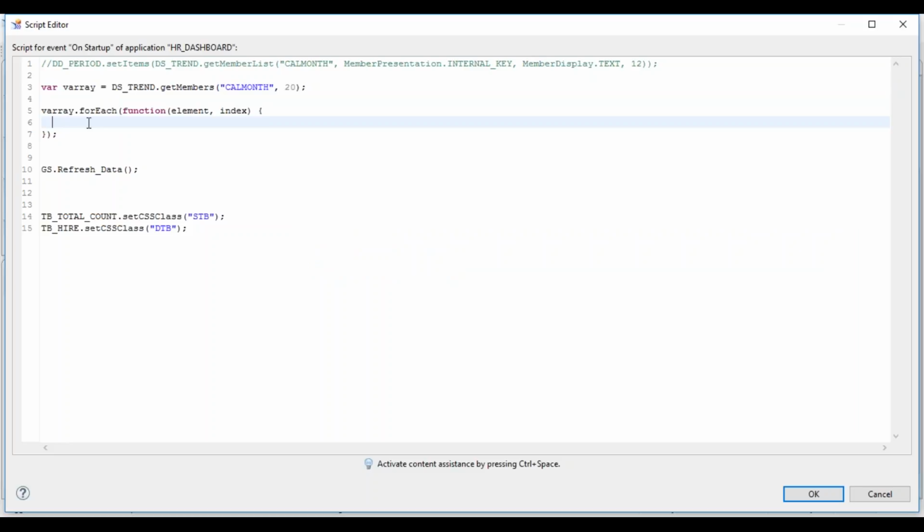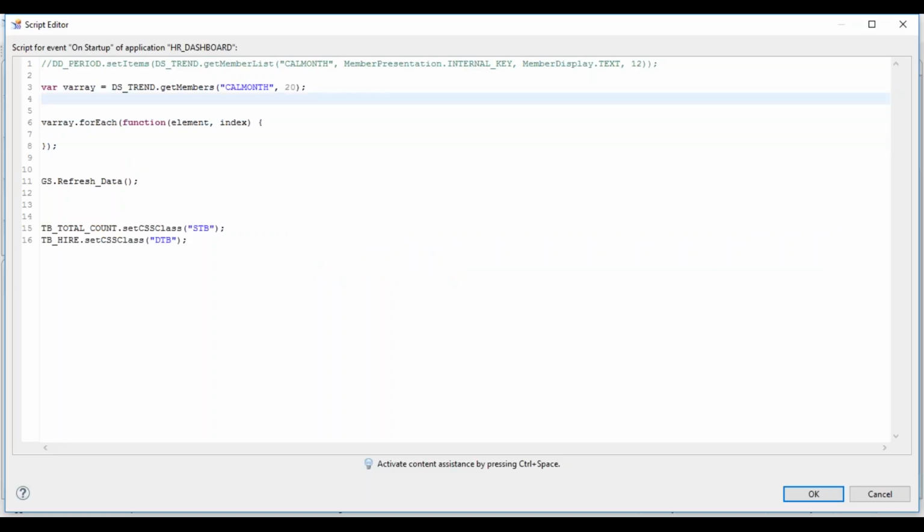You can define a variable month equal to element dot text plus something you want to add, for example you want to add m.